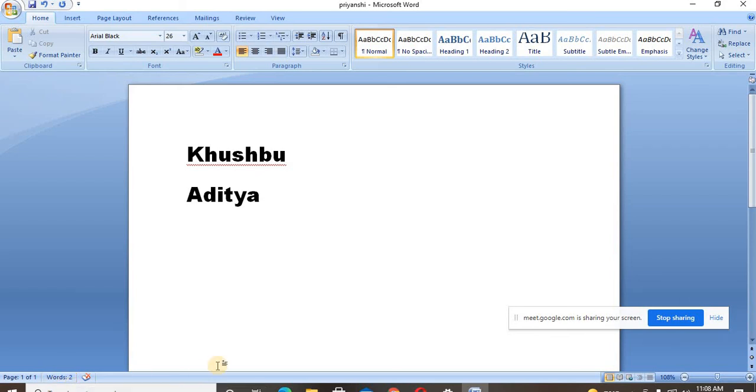This document will help you out in calculating the words also, isn't it? It is telling you how many words you have written. Suppose I am writing the next name, Riya. So the words are now 3.